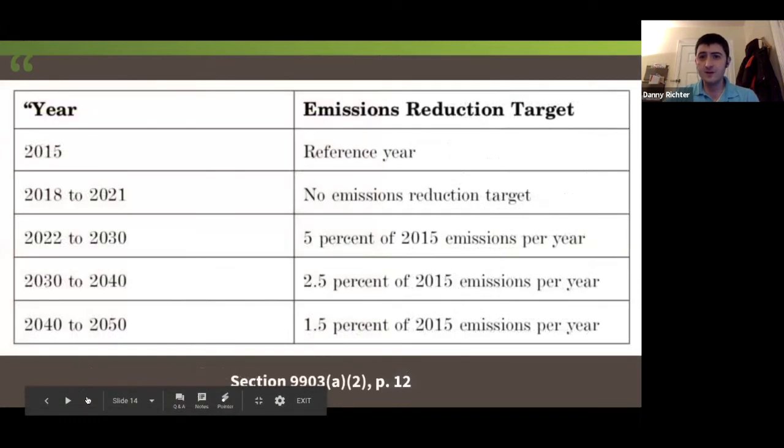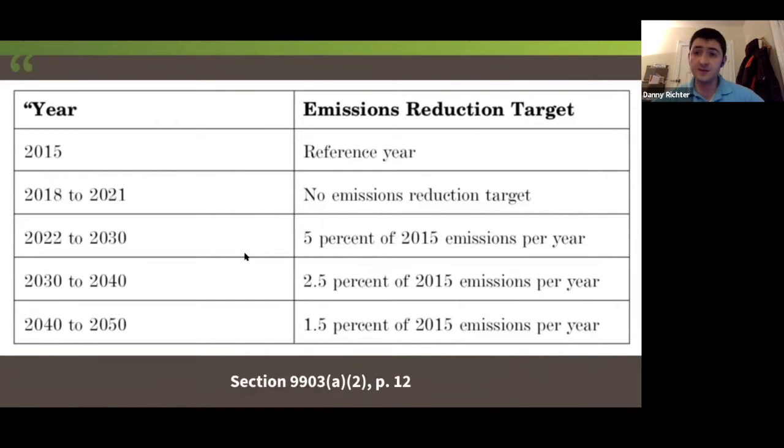Now, here is the schedule for emissions reductions, and this is what's in section 9903. So this is what the environmental integrity mechanism links to. And remember, the environmental integrity mechanism was the piece that ratchets it up to $15 increase per year instead of $10 if we're not meeting those emissions reductions targets. And this table actually has caused some confusion. And so we are recommending some updates to this table when the bill is resubmitted.